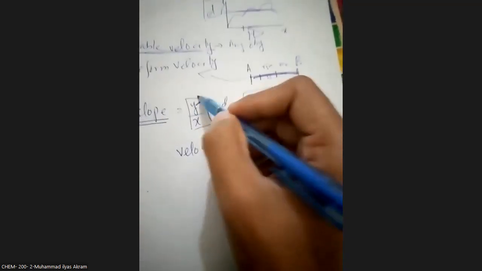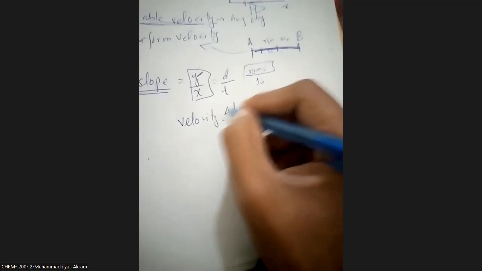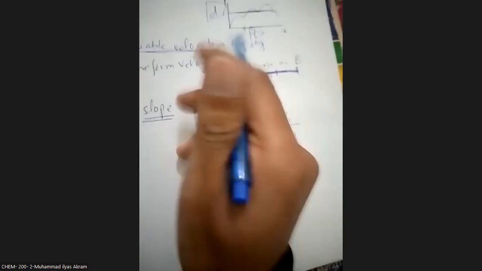So the slope of the displacement-time graph gives us velocity, and this is the change in displacement. So we represent this as delta d, where delta d means d final minus d initial. Similarly, the change in time is t2 minus t1. So we can find our uniform and variable velocity with this formula. And what is acceleration?